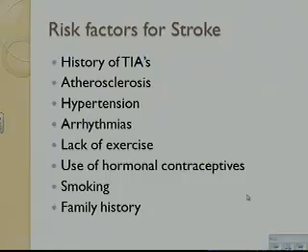Risk factors for strokes, I would like to add to this list that men are more likely than women to have a stroke. But the data shows that more women die from a stroke than men. Genetics, we've said before, we cannot change, and our race we cannot change. They have found that African Americans and Hispanic Americans are also at a higher risk for strokes. And like I said before, if you've had a prior stroke, you're more at risk for having another.